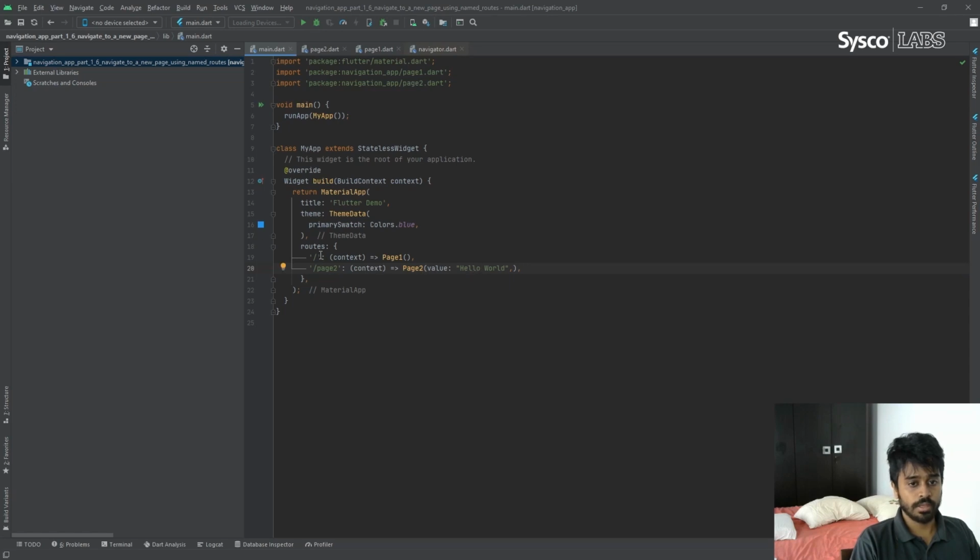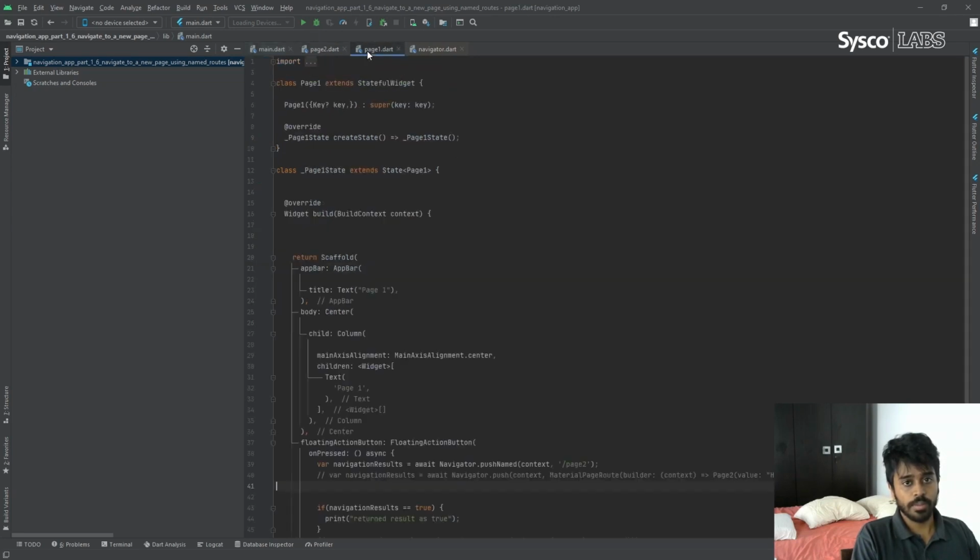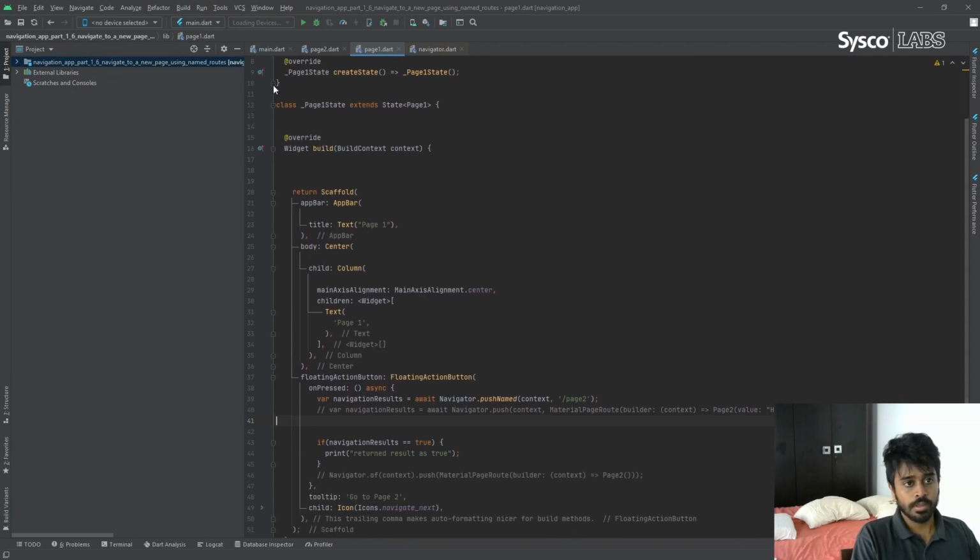You have seen in web applications, for example, when you're going to page 1, you will go to page 1, and then again some data here likewise. You can handle that using named routes. So when you go to page 2, it will automatically update the path of the URL to page 2. And in page 1, let me start this application as well so that it won't take time.